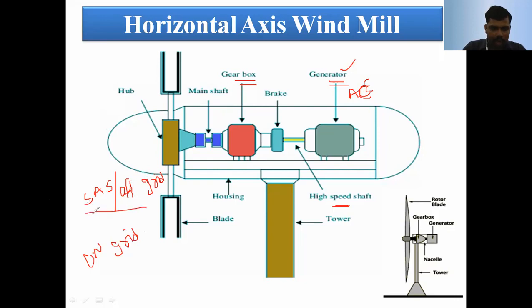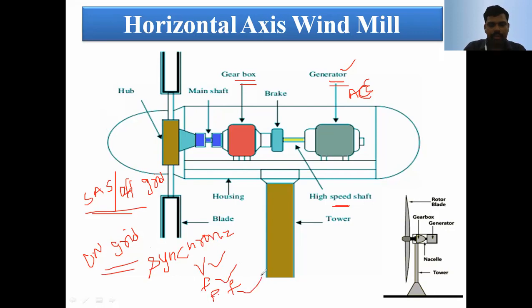In a standalone off-grid system, we use a battery. In an on-grid system, there is no battery. In an on-grid system, we are synchronizing three parameters: voltage, frequency, and power factor. We can match the grid voltage and system voltage, the grid frequency, and the grid power factor. Without a battery, the generated AC can be connected directly into the on-grid mechanism.